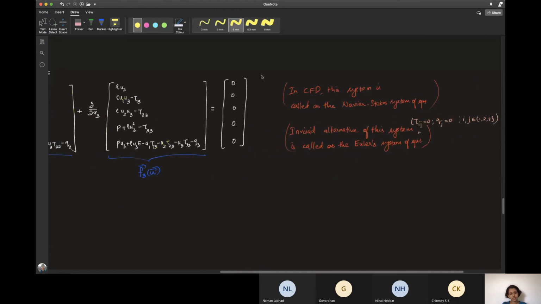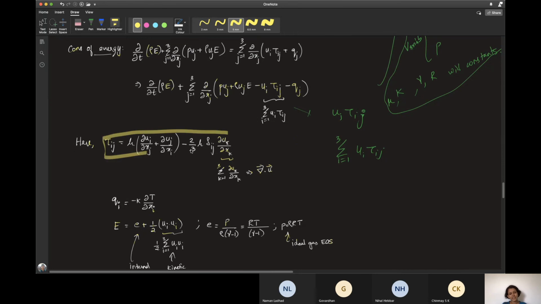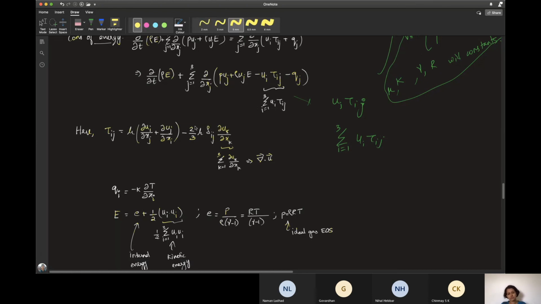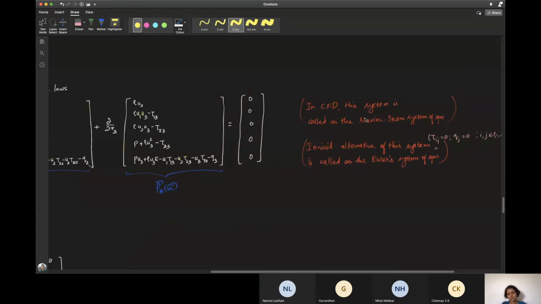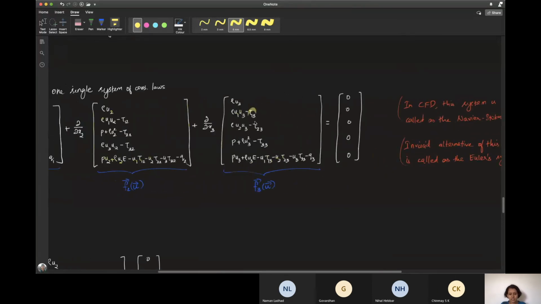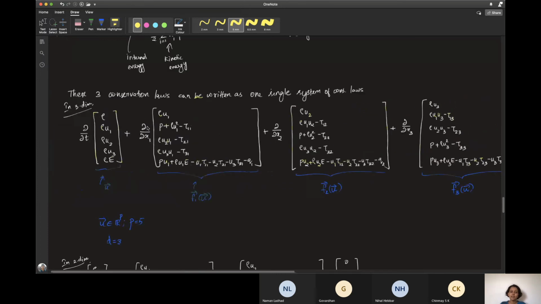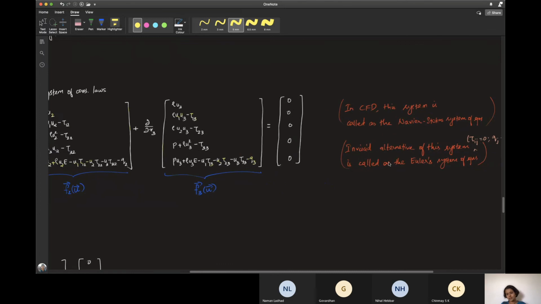In CFD, this full system is usually known as the Navier-Stokes system of equations. Although in fluid mechanics, we just call the conservation of momentum part with the constitutive equation, that is with the Newtonian fluid assumption, the Navier-Stokes equations. In CFD, there is a tendency to call the full system of equations the Navier-Stokes equations. Without the viscous and heat diffusion terms, that is with tau and q removed, the same system becomes the Euler system, which is the full system of equations again.